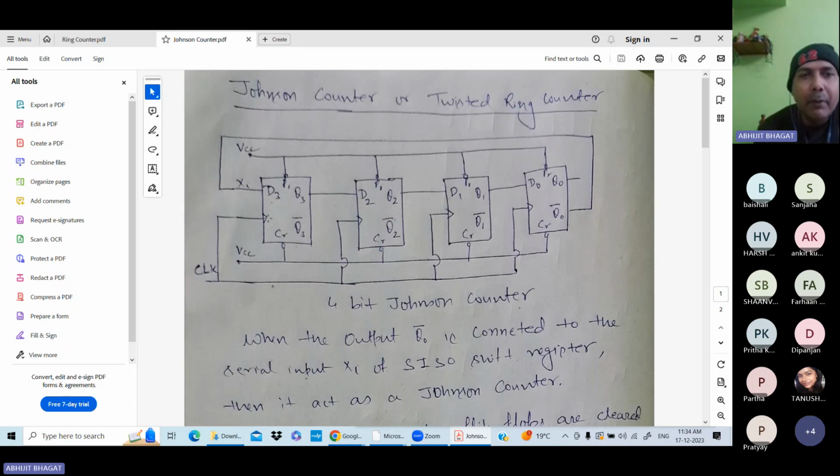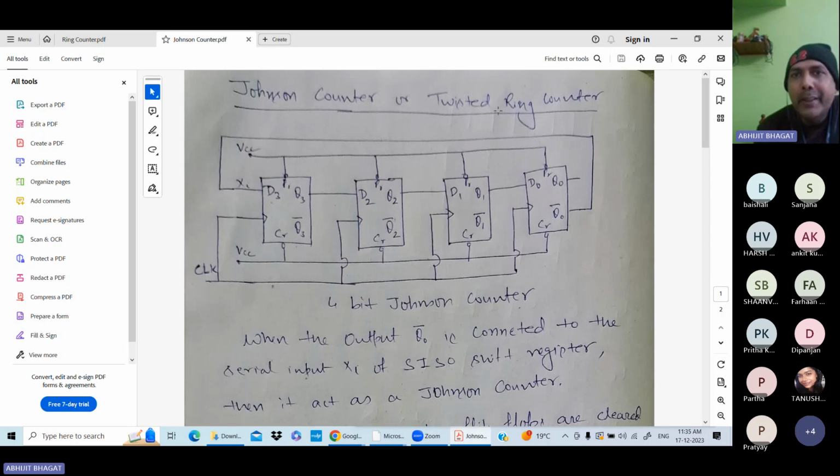Okay, now here you can see in the previous case I provided the negative clock pulse but here we provide the positive clock pulse. We can use the negative, no issue. You can use negative, you can use positive, just for the difference I provide here the positive clock pulse. Okay, so this is also synchronous, means all clocks are connected with the same pulse. All clock terminals are connected with the same pulse. In this case this is 4-bit